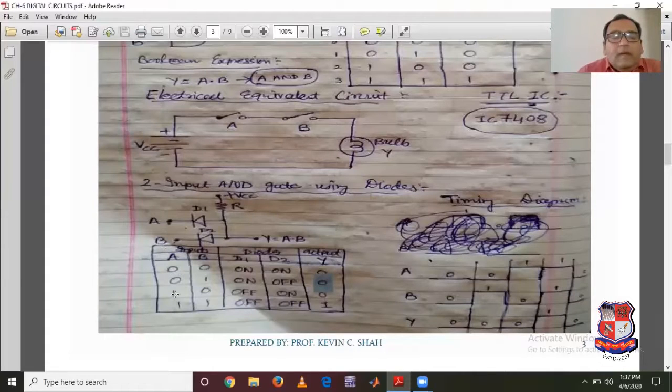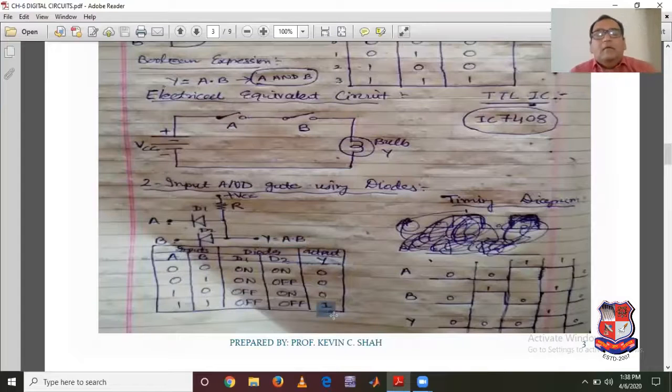In the same way, A is 1 and B is 0. Now D1 becomes off and D2 becomes on because D1 is now reverse biased. So again we are getting 0. But when both the inputs A and B are 1, both the cathodes of D1 and D2 become positive with respect to the anode. So D1 and D2 both become reverse biased. You can consider the switch to be open. As this switch is open, whatever the voltage of plus VCC is what you get as the output Y. So we will get the output 1. So I have written here 1.